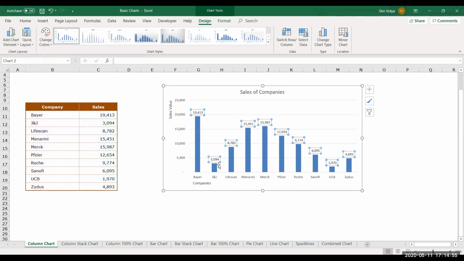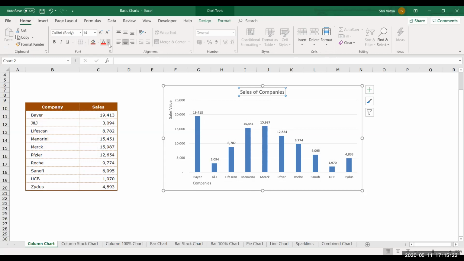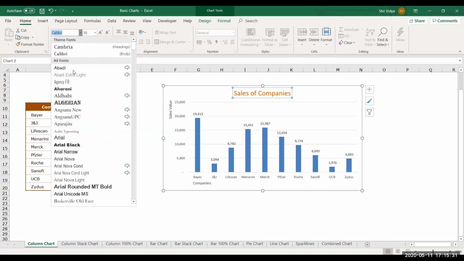I want to change the font, color. You can do all these things with these values, even for the primary vertical and horizontal axis. Also, you can change the font look and feel of it. You can change the titles. So you can apply colors to it. Let me show you one thing. See, I can apply color like this. I'll be able to increase the font size and change the font type also. So let's say I'll choose Arial Black.